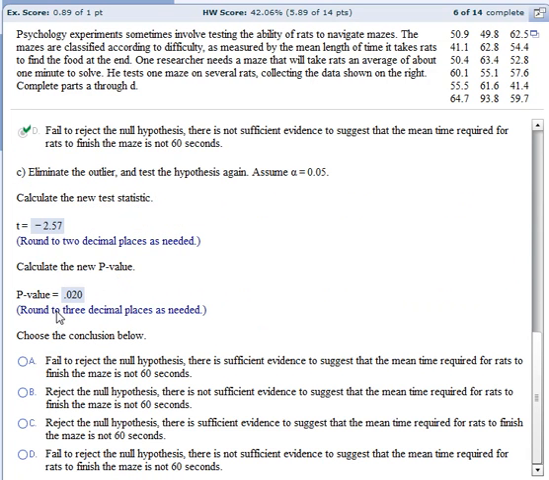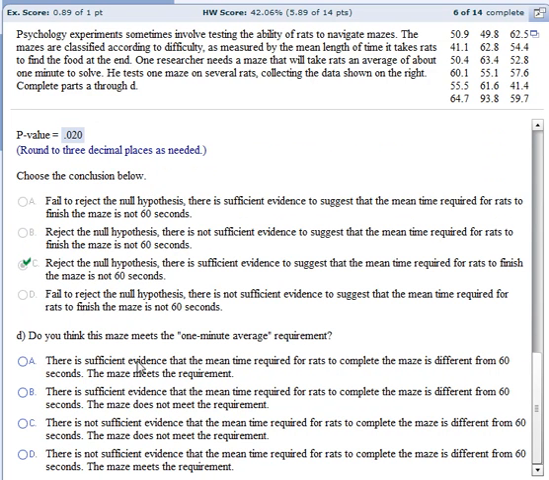And this is a very small p-value, so I will reject the null hypothesis. There is sufficient evidence because I have a value that's smaller than 0.05. Okay, and I don't have much time. In this case, there is sufficient evidence to suggest that it does not meet the